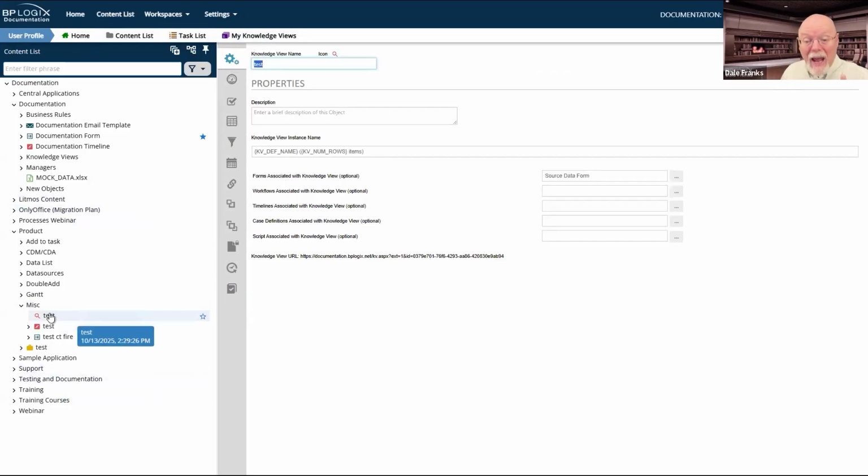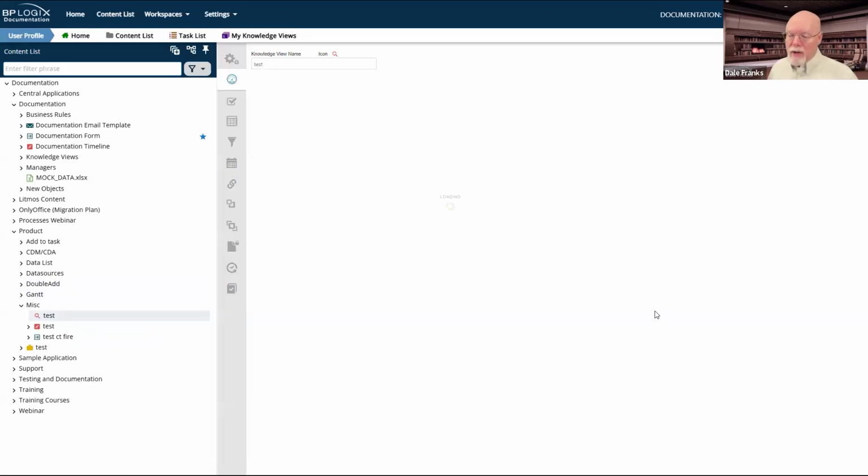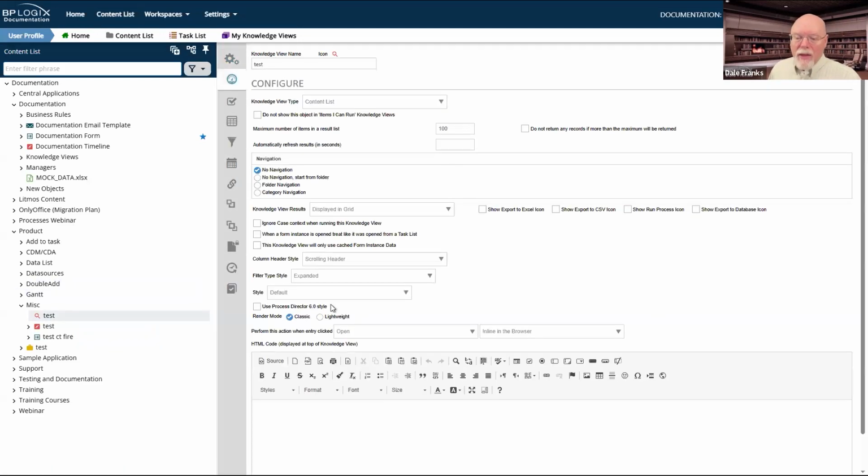Now, in every knowledge view, and this has been true forever, if you go to the Configure tab, the Perform this action when entry clicked option. Now, the default is always to open inline in the browser. Now, in the past, inline in the browser for form instances meant nothing because you were going to get that form opening in a new pop-up window every time you opened a form.